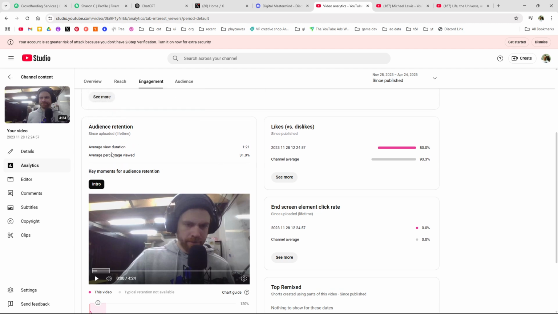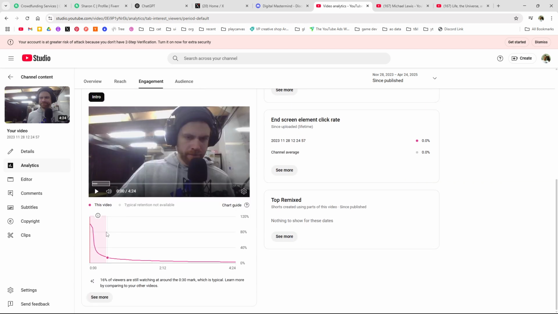Audience retention. This is very interesting, and the shape of this curve is remarkable. I think all videos are going to have something like this, where in the first 2 seconds, 3% have dropped off. By the time you're 26 seconds into the video, only 18% of people are. This is this video.